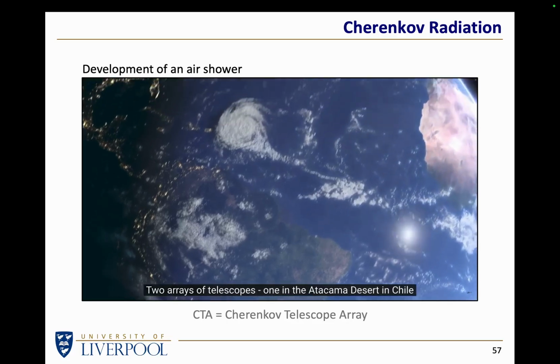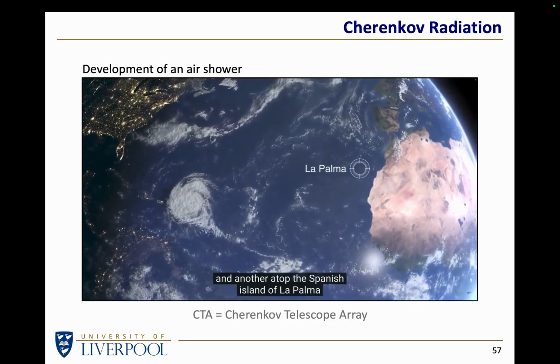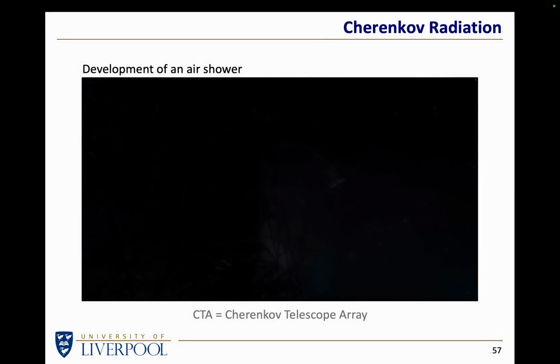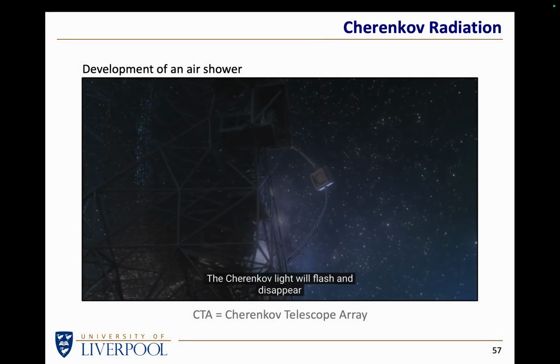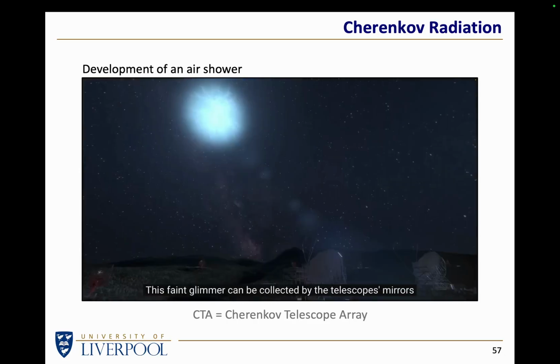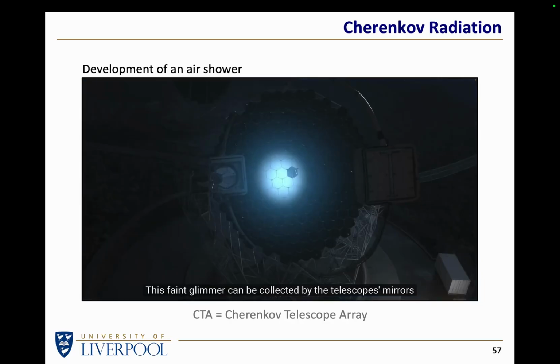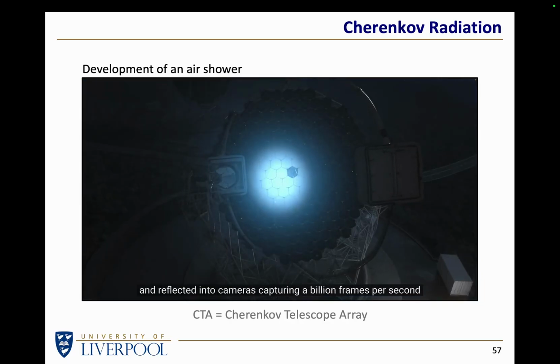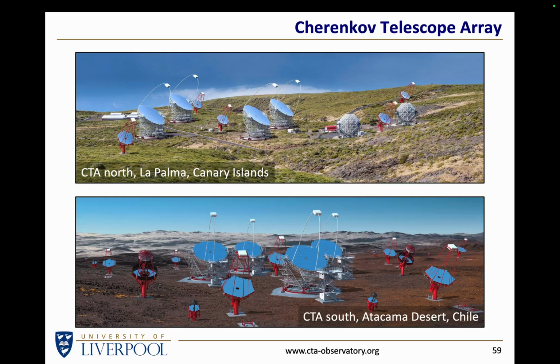There are telescope arrays in the Atacama Desert and in the Canary Islands on La Palma to try and detect this flash of light in the sky. So it's not looking to see in which direction they came, it's looking for, can we see a flash in the air because of a particle traveling through the air faster than light can travel through the air. And so there are lots of telescopes, a whole load on the Canary Islands, a whole load being built in the Atacama Desert. They're not complete yet, they're still being built up, but all of these telescopes are looking into the sky to see if they can see these characteristic blue flashes